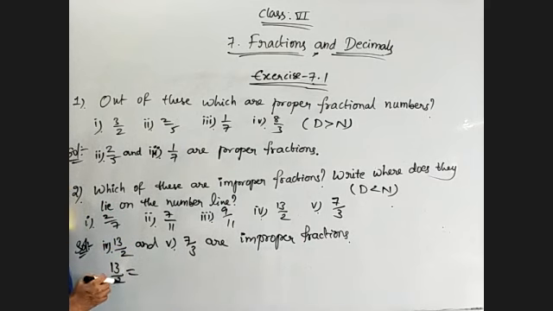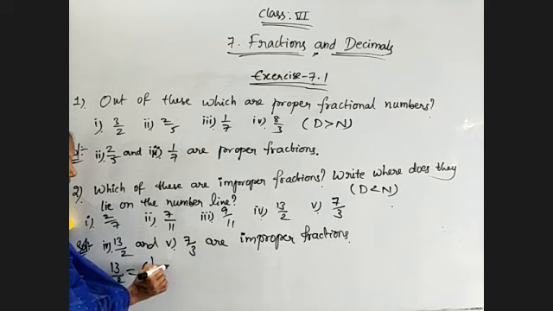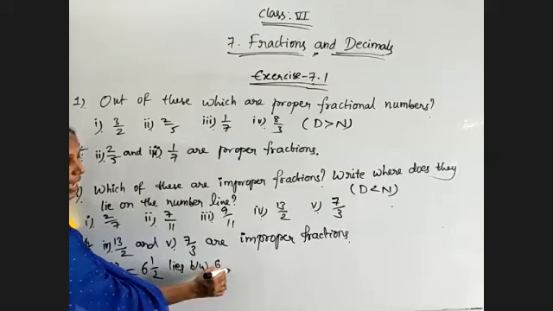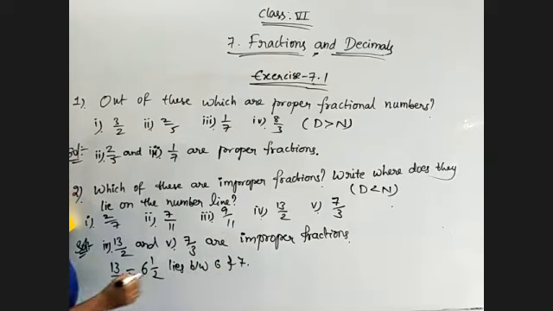The 2 table you know very well. 13, what is the nearer value for 13 in the 2 table? 2 sixes are 12. So 6 will come as the quotient. 12 is already finished, only 1 left. So 1/2. Otherwise go through with the division, no problem. So 6 1/2. So it lies between 6 and 7 on the number line.